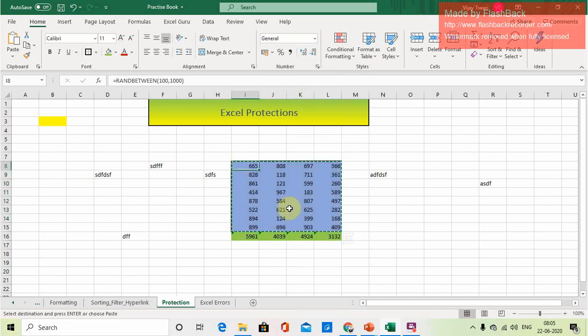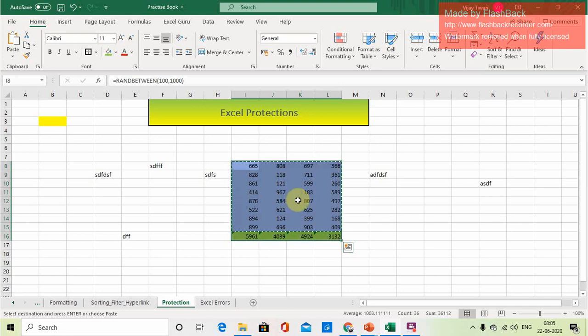I want this entire range to be protected, the user should not be able to change it, and the user should not be able to see the formula that is applied in this range.